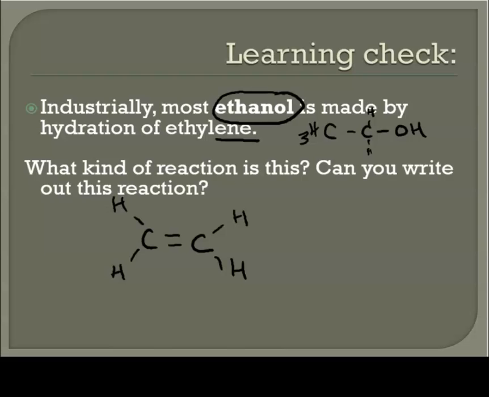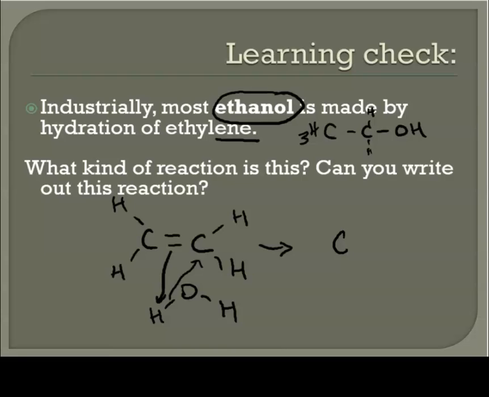How do we turn this into this? So what kind of reaction can we have? So we looked at double bonds before, and we can hydrate that double bond. So ultimately, we want to add water to that double bond. And so one of the hydrogens is going to attach to the carbon, and the oxygen is going to attach to the other carbon. So here we want to break apart this bond and attach that to there, and these electrons from the double bond will flow down to the hydrogen,